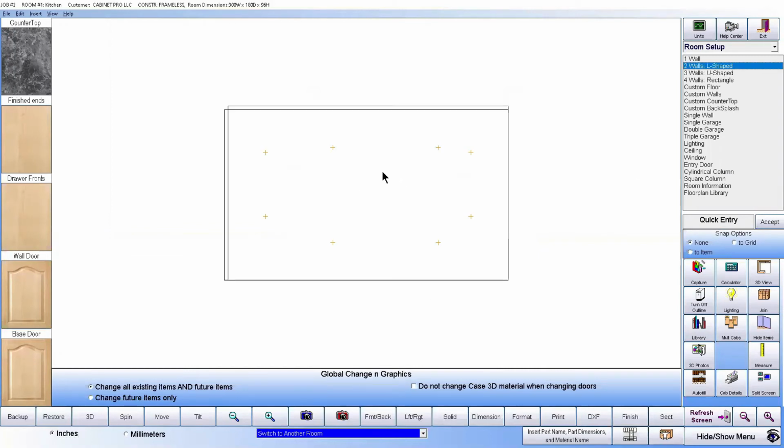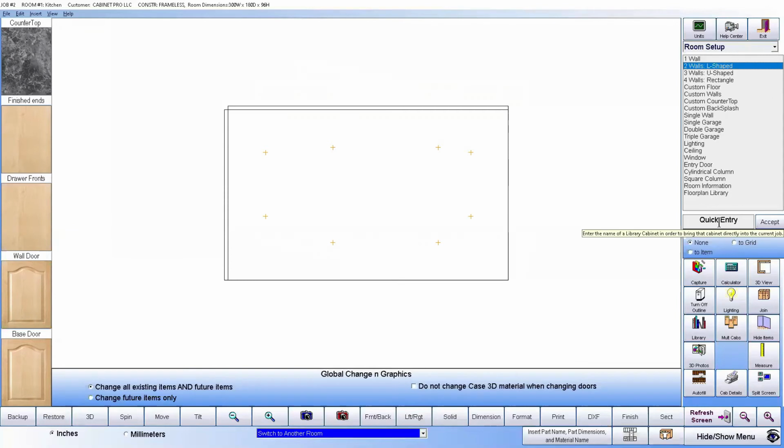And this time, all I'm going to do is put one cabinet or two cabinets, a base cabinet and a tall cabinet. We've already shown how to autofill a wall with cabinets. Now let's see how we would make cabinets one by one, because that's a very common way of putting cabinets in here anyway, especially if they're custom cabinets. So we have a couple of walls, and again, we can go to quick entry